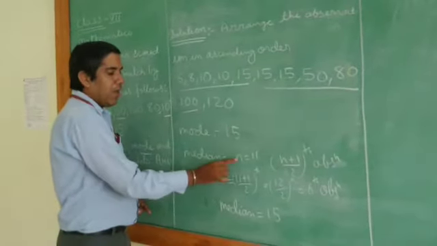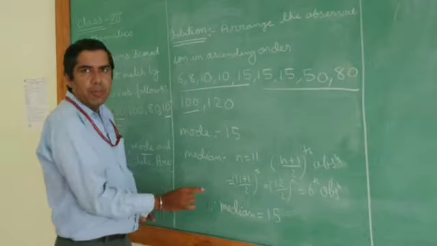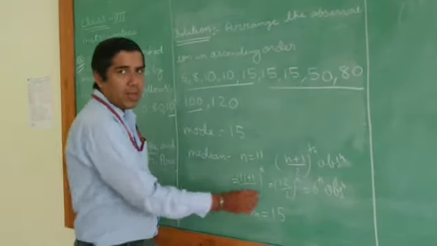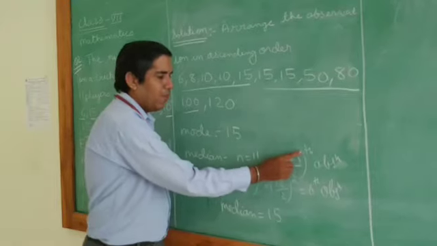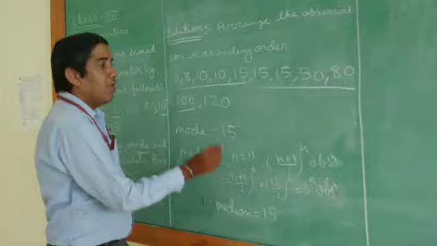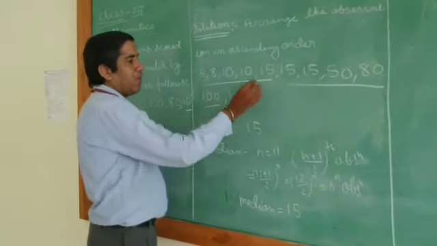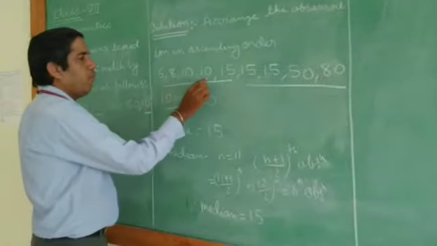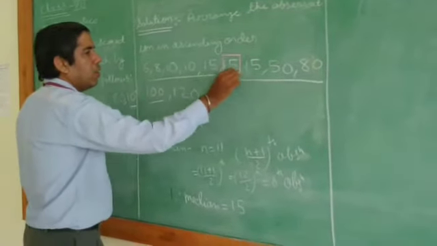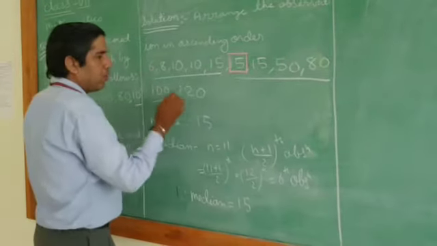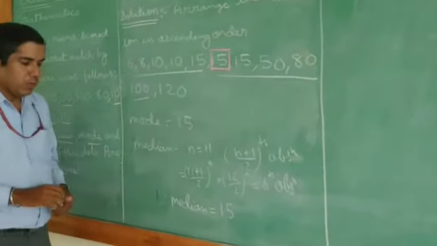And for the median, first we find the number of observations. N is equal to 11, and it is an odd number, so I use this formula: (n plus 1) by 2th observation. You got the answer, the 6th observation. You should even verify it. If I count here: 1, 2, 3, 4, 5, 6. You can see 5 numbers on this side and 5 on this side, so it is the right middle number.